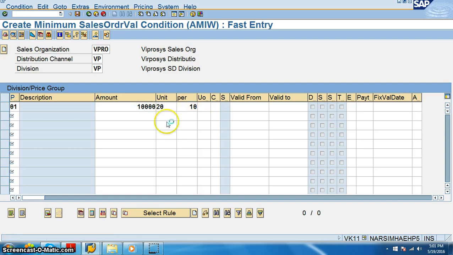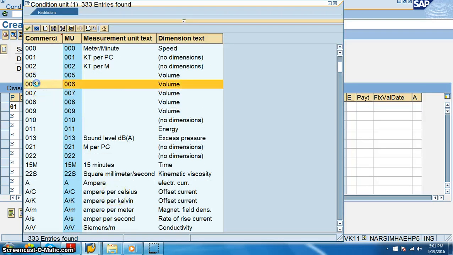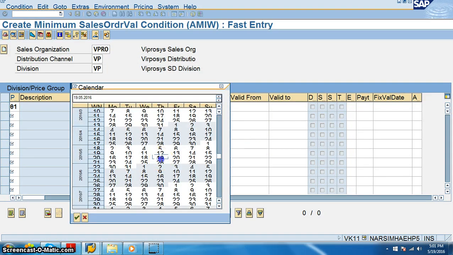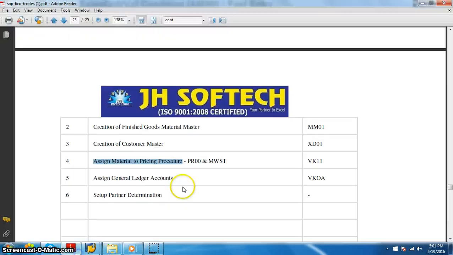Versus volume, valid from 19th to 26. Enter. So we are creating the minimum sales order valuation condition.